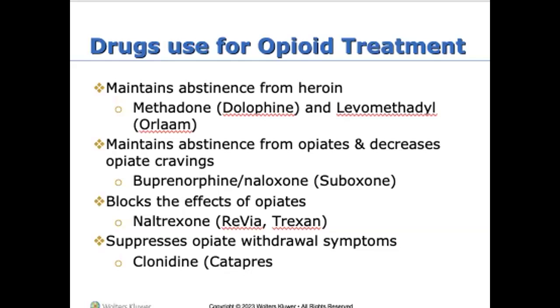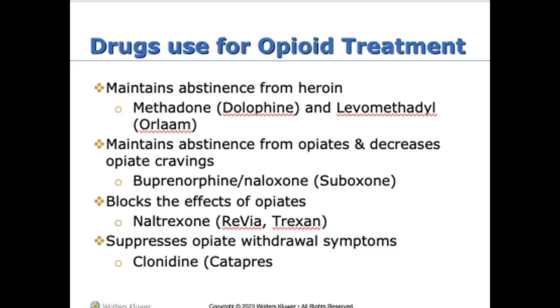With our Suboxone programs, they have to enroll in the program. They're going, sometimes weekly, for drug tests and therapy. And then slowly they'll do that every 2 weeks, every month, every 2 months. Other medications, we can have things that block the effects of it, and then we have something that